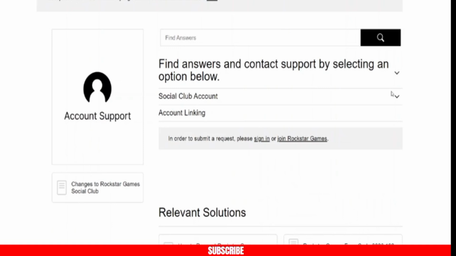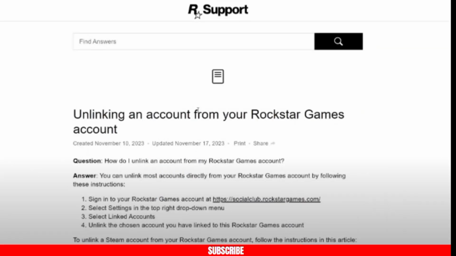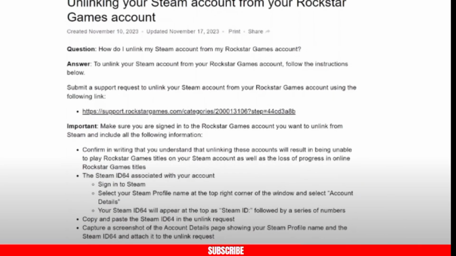So click on the Rockstar search bar and select How Unlinking an Account or Rockstar. Follow the instructions provided on the official support page. For Steam accounts, you will need to submit a support request to disconnect your Steam account from your Social Club account. Now you just need to get the profile name for the social account you want to unlink and the